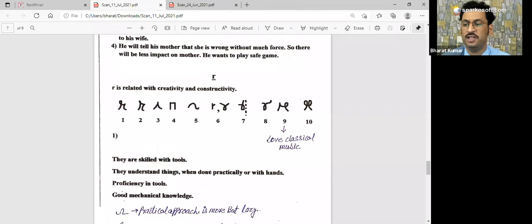Now remember, J, any kind of J, for jealous, for just, any kind of J has no impact on personality. So whenever you are working on handwriting for psychological analysis, there is no need to check the structure of J. If you want to check whose handwriting this is, only then you need to check the shape and structure of the J. Otherwise, J is not required in graphotherapy. Is this clear? J is not required in graphotherapy.